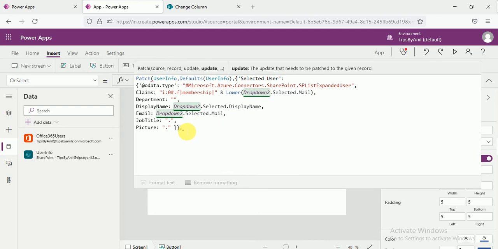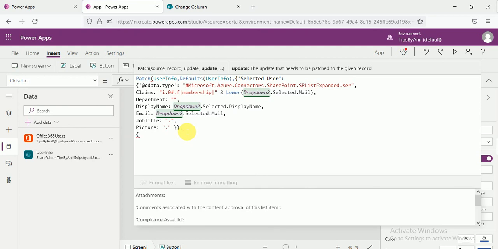Now we will bind the second column. The second column is current user. The same data we will pass, and in the current user we will do user dot email or user dot display name.